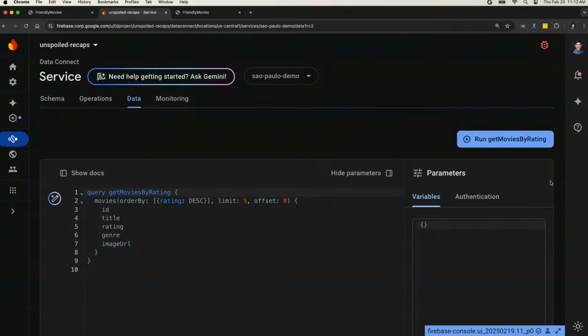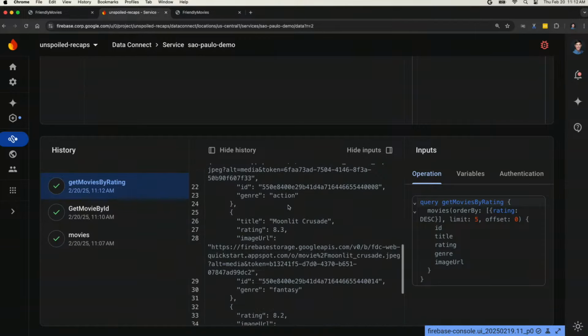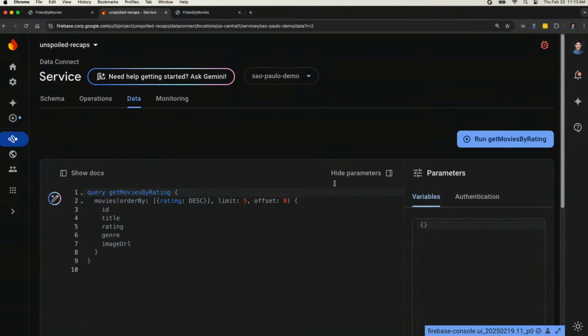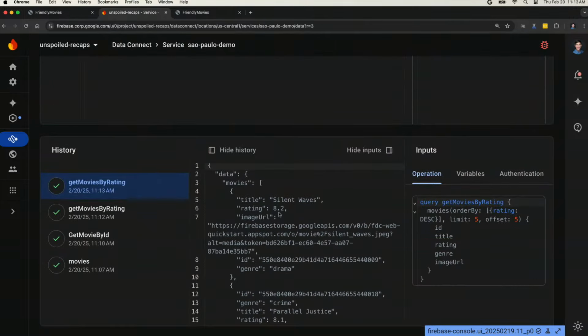So I can run this, and here we see, okay, the highest rated movie within our database is Phoenix Rising, rating 8.6, and there we go. And one of the great things here is with this pagination, I can say, okay, let's go to the next 5 with this cursor that we're using, and there's the next 5 options.